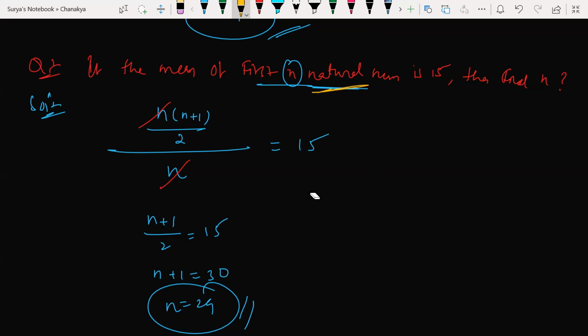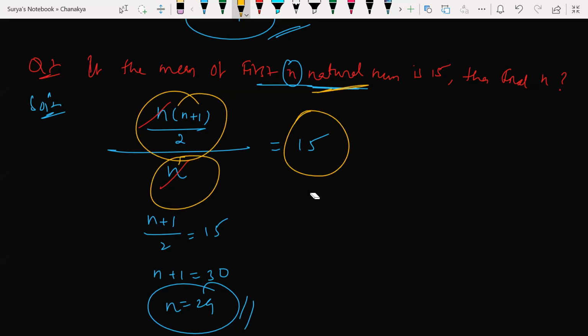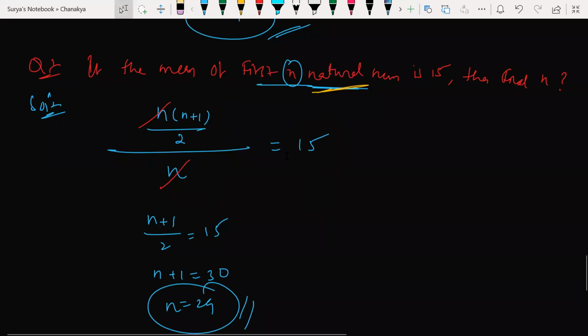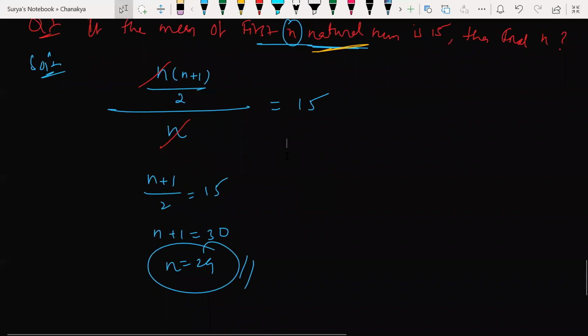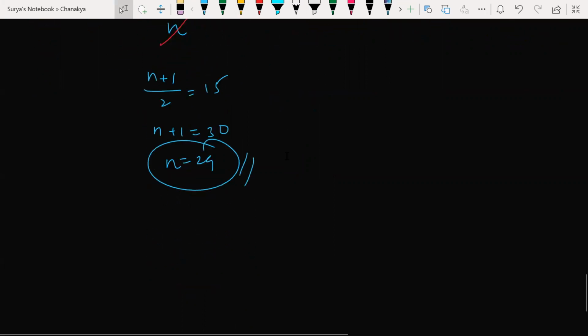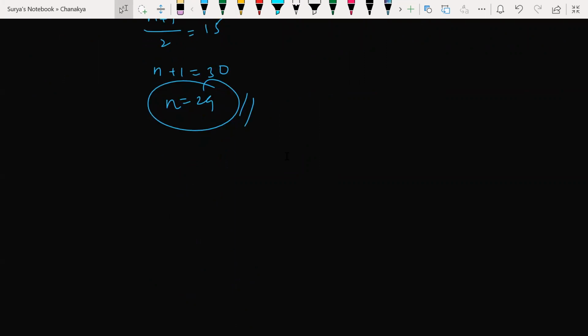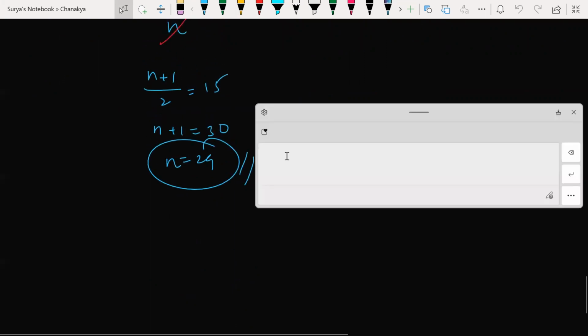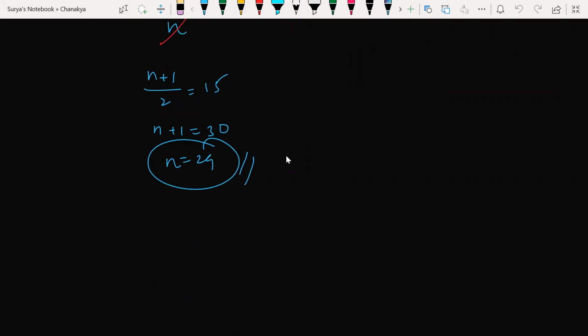First, the sum divided by the number of observations is equal to the mean. So the n value we can find out. He's asking for n, but if you think about it, that doesn't make sense, to be honest. But if you substitute, it is satisfying. That is the reason they might have framed it in such a way. But that n should have been somewhat smaller, and the mean should have been a somewhat bigger number. Then we would have got the correct number. No problem.